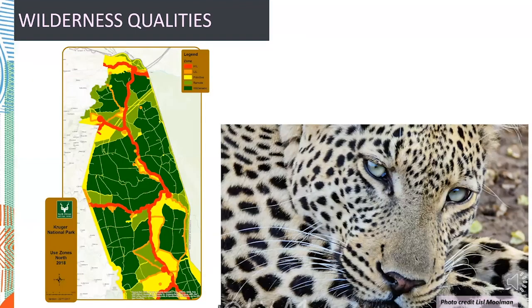One of the key features also within the 2 million hectares of the Kruger National Park is our wilderness qualities, the sense of place. The map to the left shows our zonation, the green blocks, the wilderness areas that are being managed for the sense of place. We do not have any tourist roads in the area, but on the western boundary outside the Kruger National Park, we do have developments. How do we start to protect and manage our relationships in those areas so that it does not impact on the wilderness qualities and the populations, but also being fair in creating economic opportunities for communities that